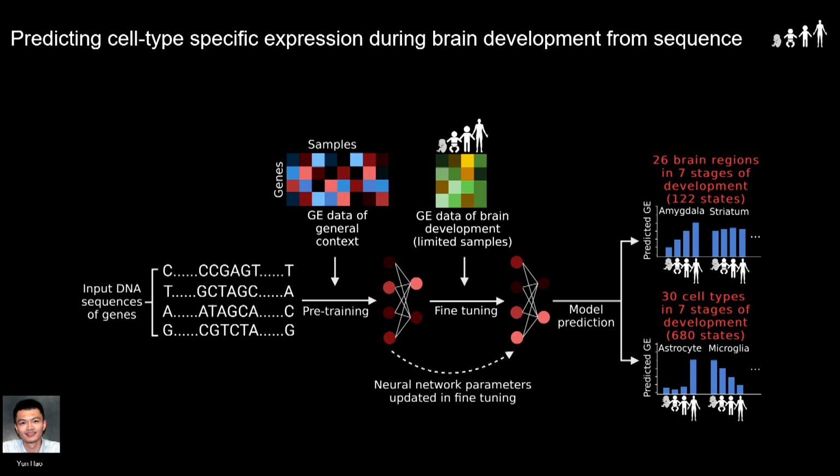And then we fine-tune, and we say what we really care about is these two data sets that have profiled fetal development, where now we have a model that can cover a little over 800 specific cell states, so a specific cell type at a specific developmental stage. That's really interesting because now we can potentially look at cohorts where it's really important to look at neurodevelopment, like autism, and see whether we can understand the mechanisms of how these mutations are disruptive.